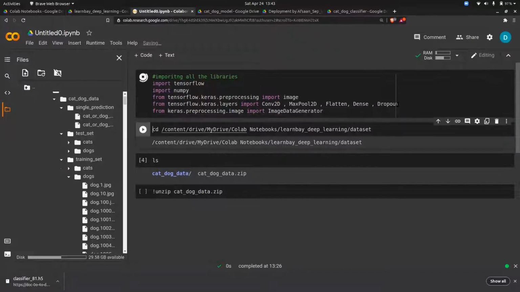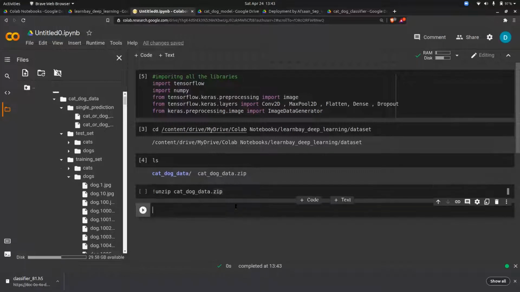Just run this. Once you have done this, the second thing is to use the data generator. So how do we use it?